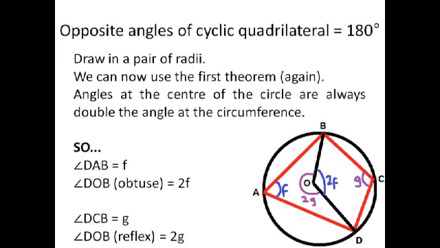So we've got our original diagram that you saw on the previous page, but we've added some radii. I looked this up. You can either call it radii, or radiuses, but radiuses sounds really weird, so I went for radii. And we can use the first theorem again to prove this, because we know that angles at the centre of the circle are always double the angle at the circumference, we know that BOD, the obtuse one, is 2F, and because